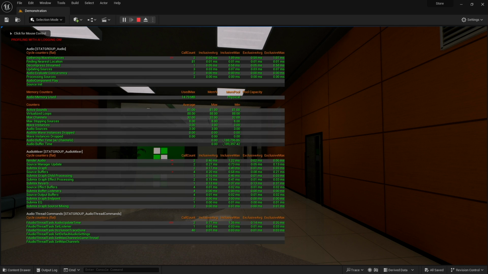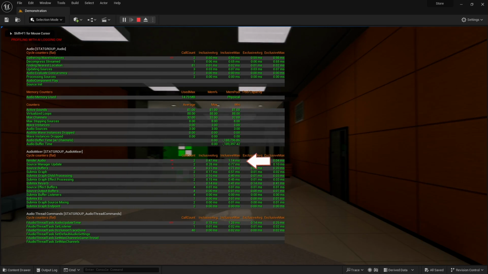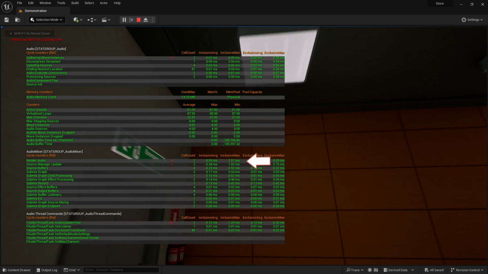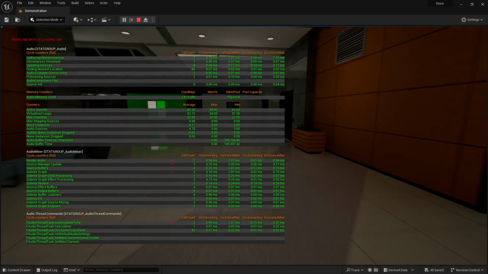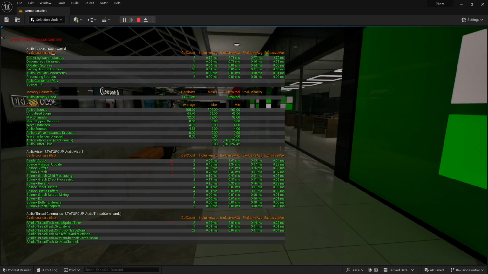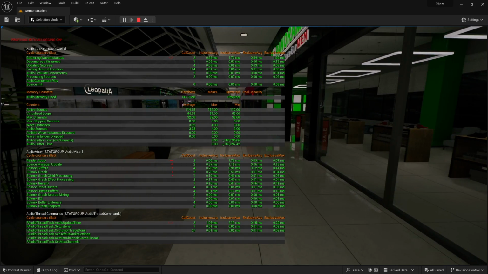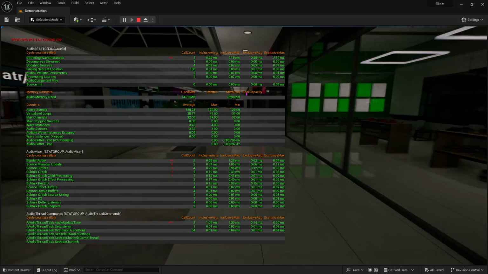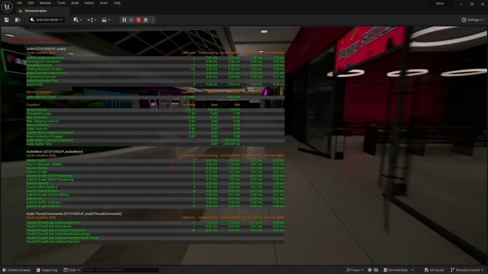If I jump out here, see we have 3 audio sources and we're not even touching that 32 channel cap. If we look at our render audio, we're only calling 2 of them. And that is the 2 that are right above my head. Now you will see these numbers change as we move around. But at no point are we ever touching anywhere near